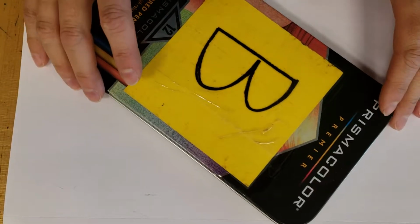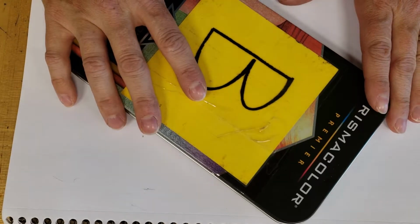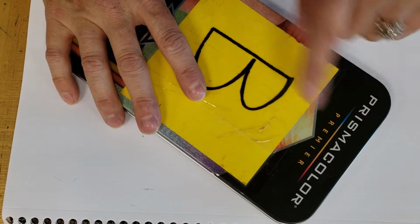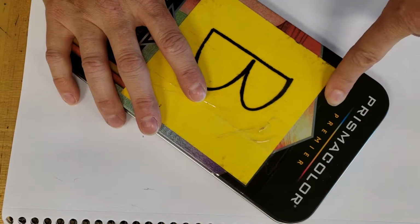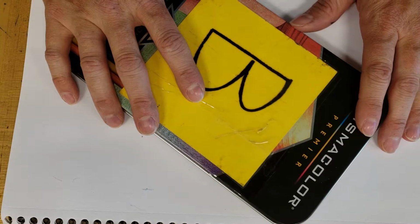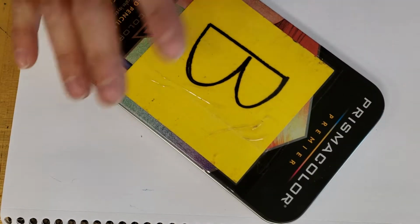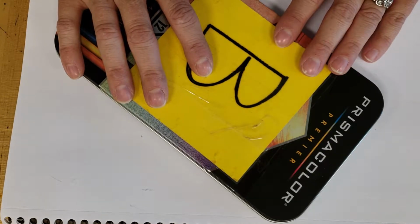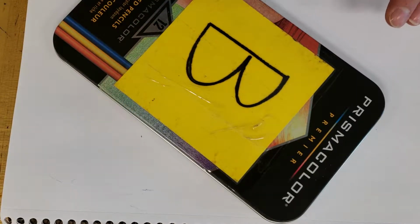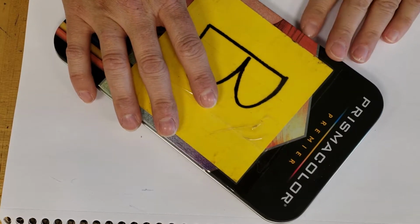Hey guys, so today I'm going to show you this quick demo on how to take the Prismacolor color pencils. They are some of the best brands on the market. How to use those kind of like paint on your photorealism cards that we're doing. We'll need to use them and color match them with the prints that you're working from. And in order to do that, I'm going to show you how you can take these and blend them together,